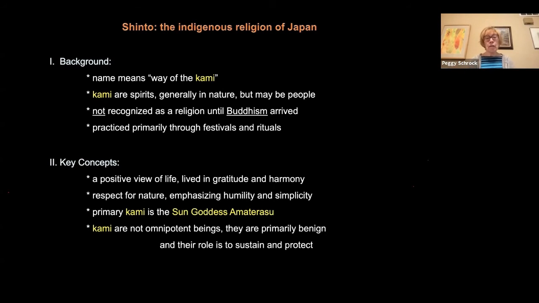But the sun goddess Amaterasu, or sometimes she's identified as Amaterasu no Omikami, where the no is in the name, and O is an honorific. And it identifies her as the primary kami. Her children are all the other kami, and they give birth to the imperial family. That's another important tie here. All emperors of Japan have been considered kami or related to the gods